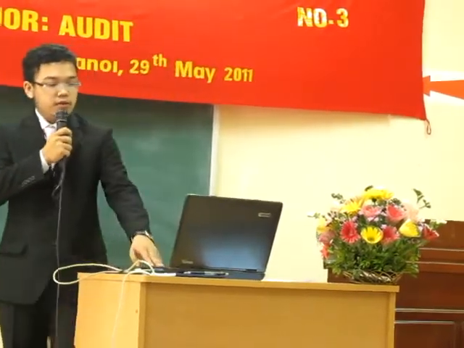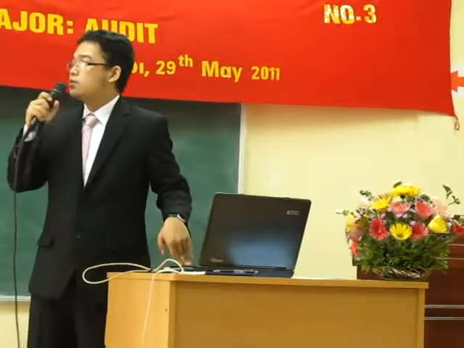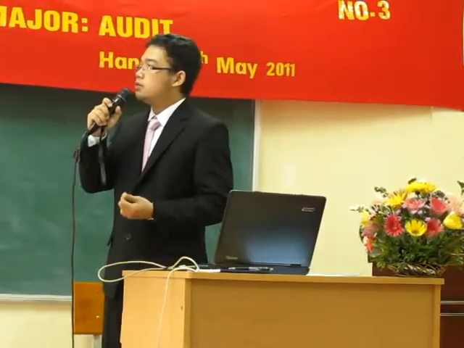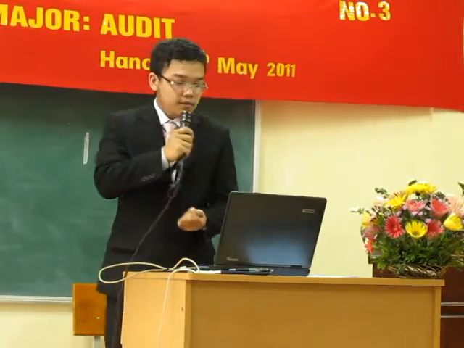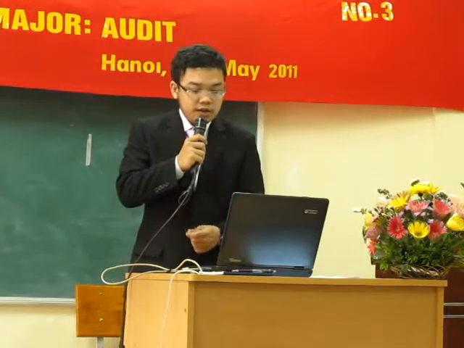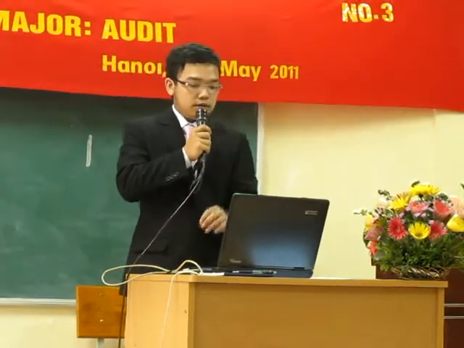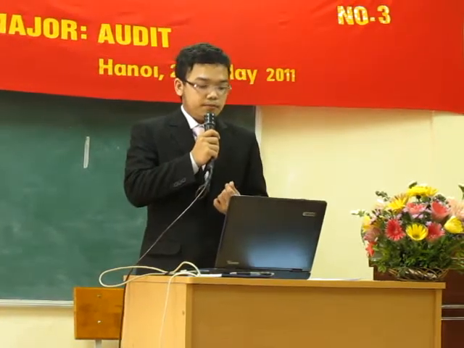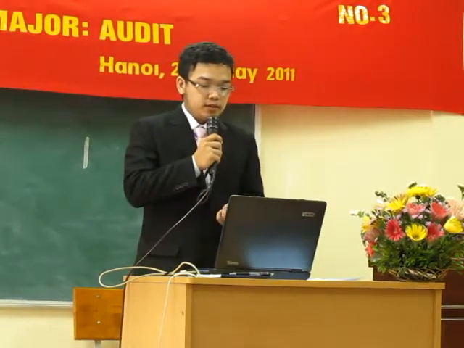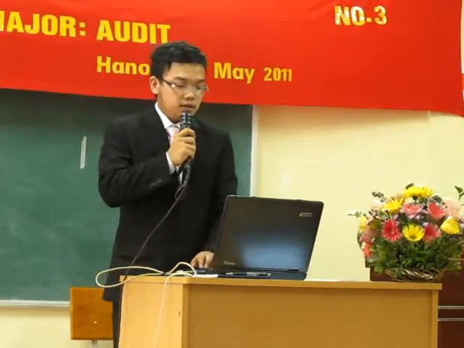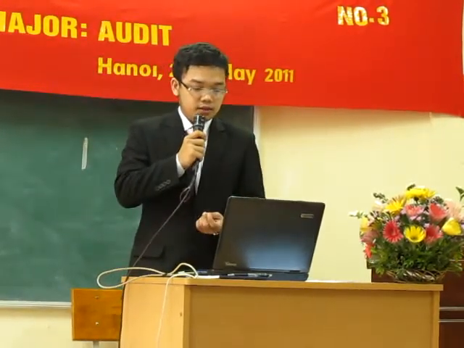First, I want to introduce ABC company. There are three characteristics we have to consider in this step. That is, ABC company is a manufacturing company in the steel industry. That means it's a manufacturing company with complex nature. It's very complex in nature because compared to a trading company, it has many items in it.